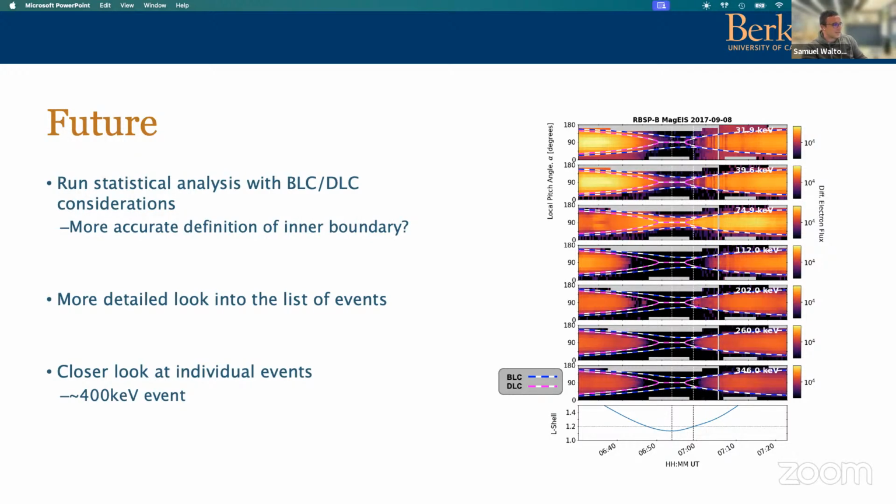because that was very unclear to me. And then especially looking at these higher energy events. So we showed an example of an almost 400 keV event where those energy electrons were getting to very low L below the inner radiation belt, which, as far as we can tell, as far as we found, hasn't been observed before.